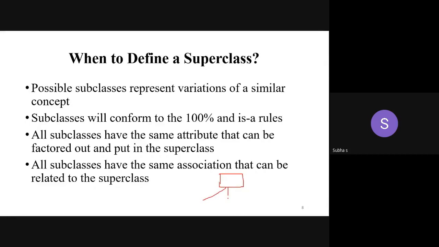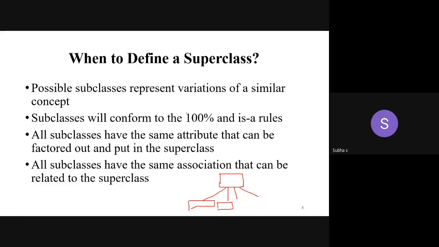So I can have different categories. But the similar concept is what? Just book. I want to get a book, but under that I can have different variations, different categories. So like that you can apply this superclass and subclass for any concept. Any concept means whichever is applicable, whichever is related by common concepts. So we can use the superclass. That is the first one.